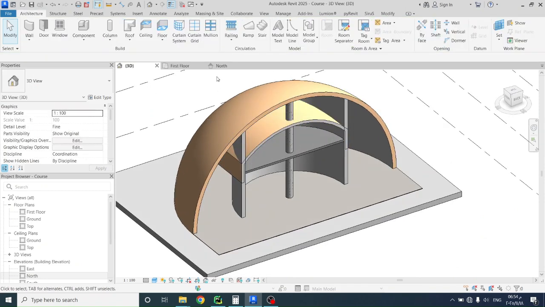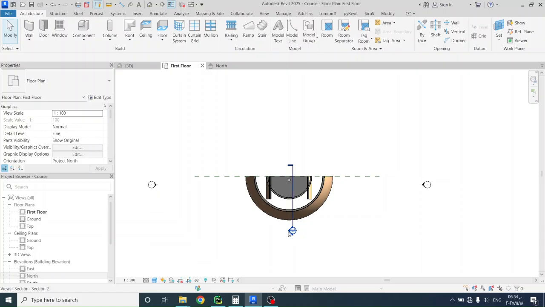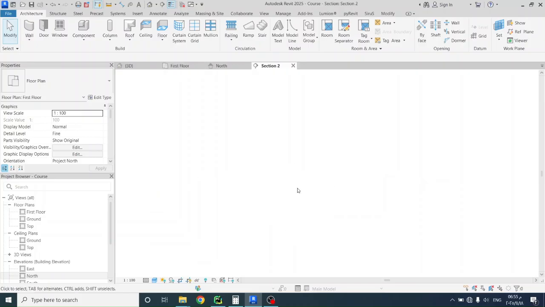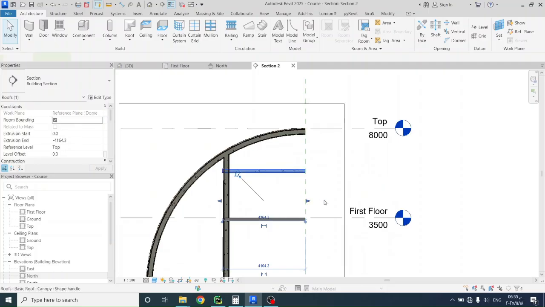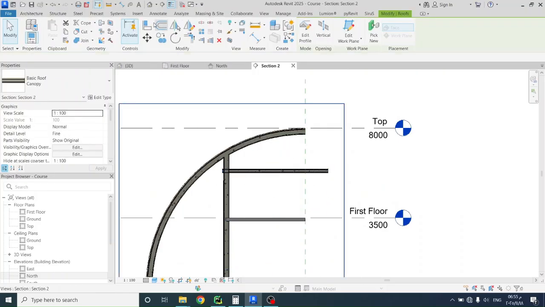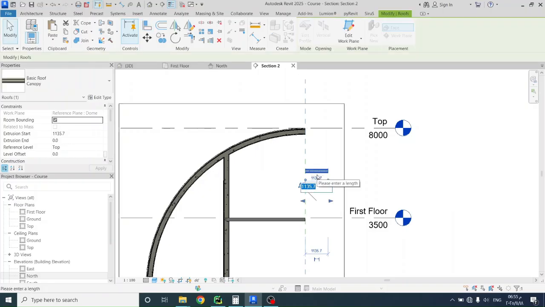Nice. I'm going to section. I'll just go to modify, align, and just make it